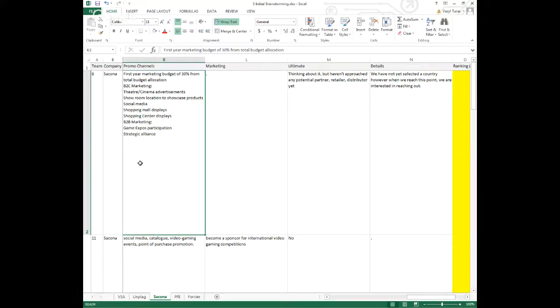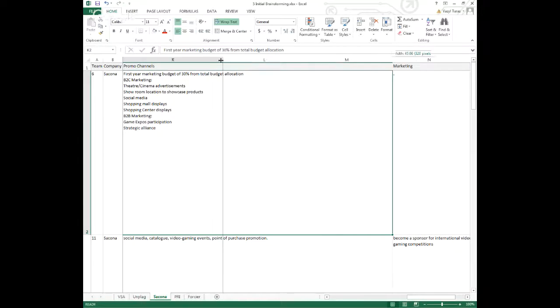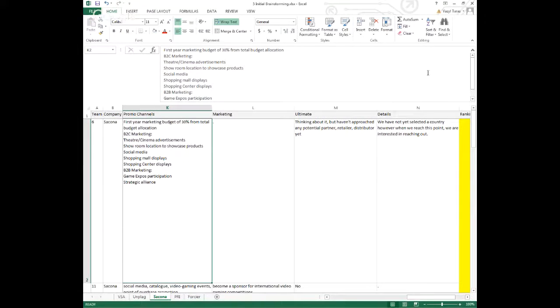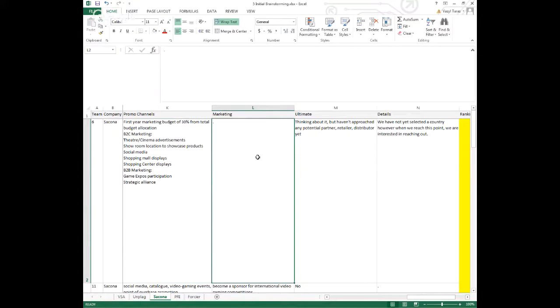This week, the answers are fairly short, so for you it's relatively easy to see the whole answer. Over time, as the teams provide more and more text, sometimes there will be too much text to be displayed in one cell. In Excel, you can either make the column wider so you can see the whole answer, or what I personally do is something like this. This way you see the whole answer in text format, and if it's too big, you get this little scroller on the side, and you can just scroll up and down and see the whole answer. So yes, that's one of the inconveniences of Excel that we are aware of.